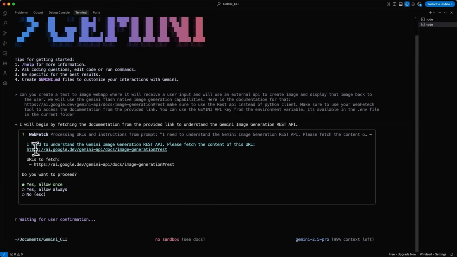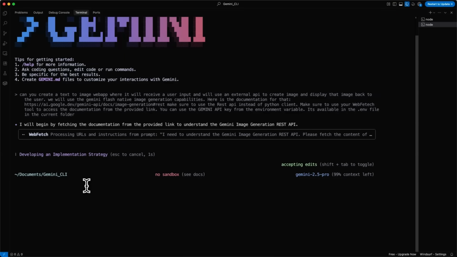Okay, so now I think it works. So this is basically using the web fetch tool. Sometimes if you provide links and you don't specifically ask it to use the web tool, it doesn't pick it. So we're going to just allow it always. That's going to be like in agentic mode. That means it's going to run this tool next time if it needs to use web